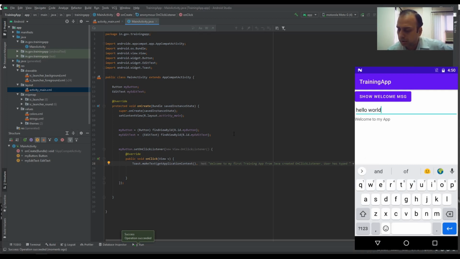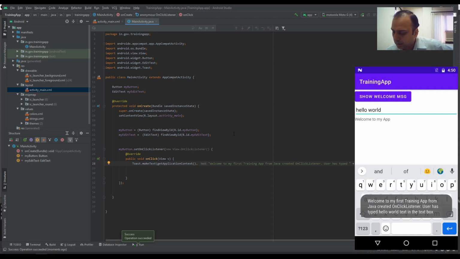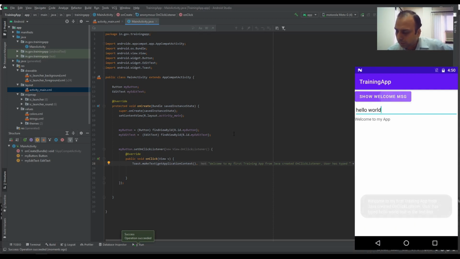And when I click on this button, it will say welcome to my first training app. User has typed hello world text in the text box. So here, what it is doing is extracting the text of the edit text, putting it inside the toast, and displaying it when the button is clicked. This is the flow of the program, and that is why everything is event based. The events are fired when a particular action is taking place.